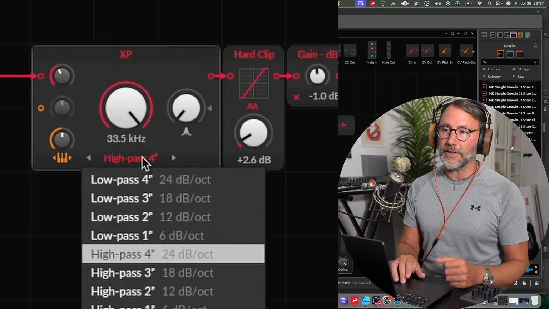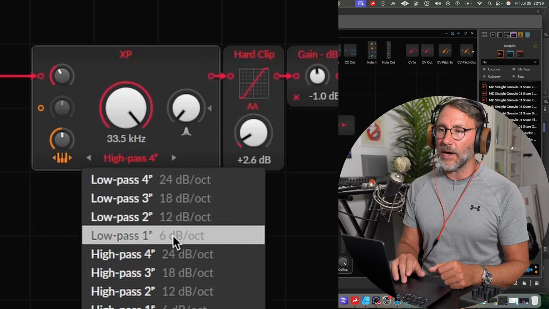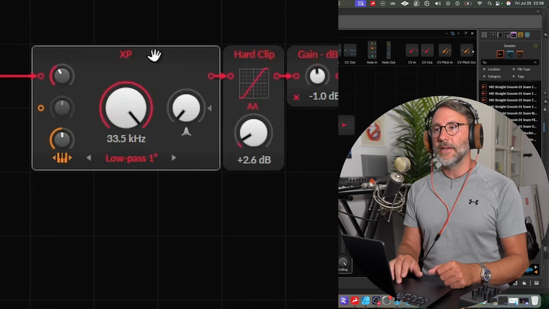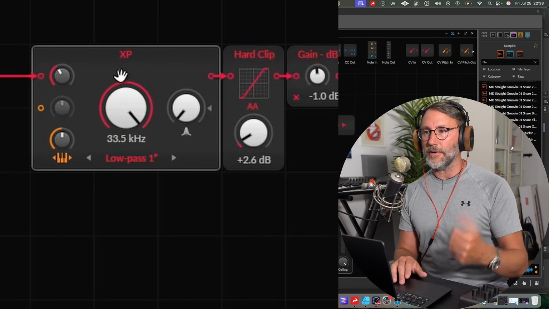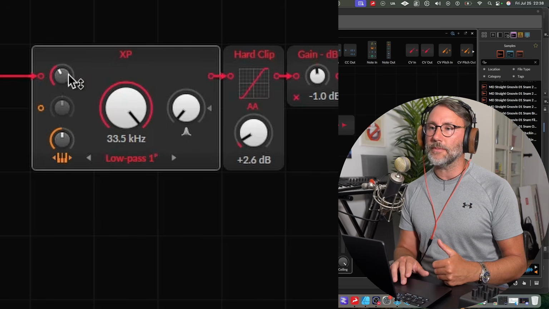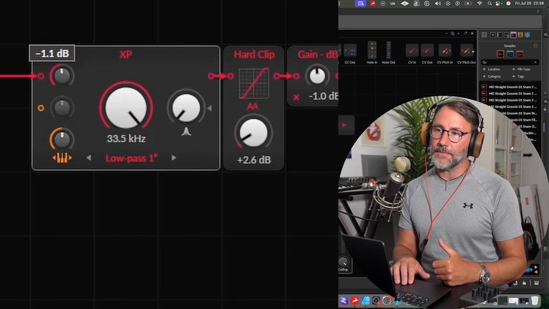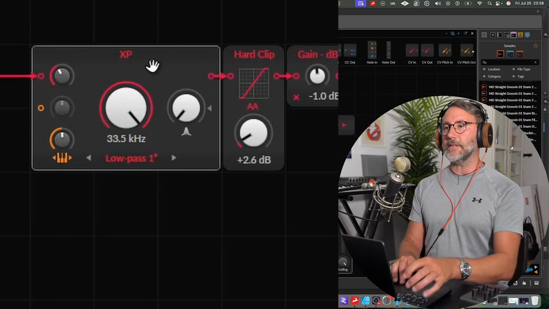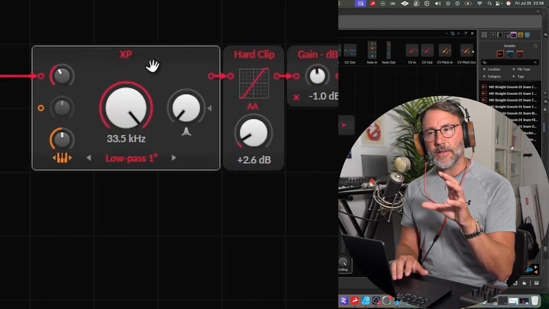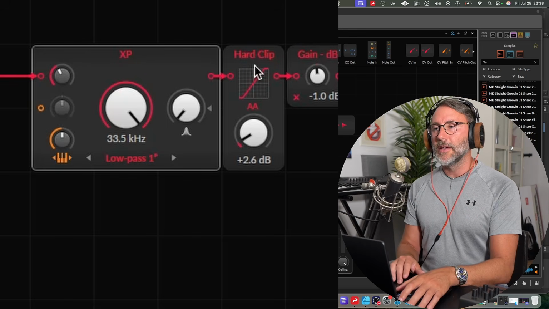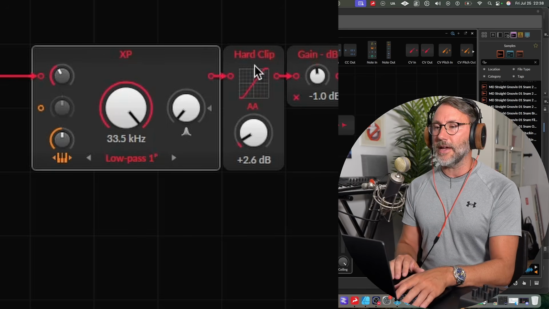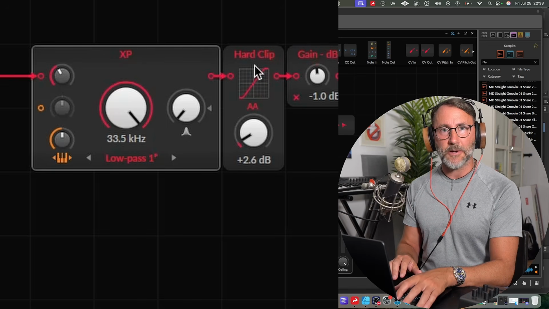And you're going to set the XP filter to low pass 1, so 6 dB per octave. The XP filter here is actually going to drive the signal further prior to going into the hard clip. So we also need to set the volume output of the XP filter a few dB lower, maybe -6, -5.8 dB something. But it's still gonna color the signal slightly before it hits the limiter. And I think it's a nice combination here, and creates a nice hard clipper